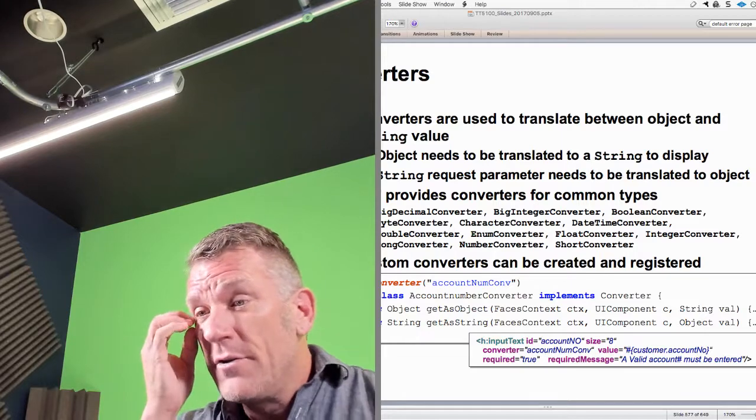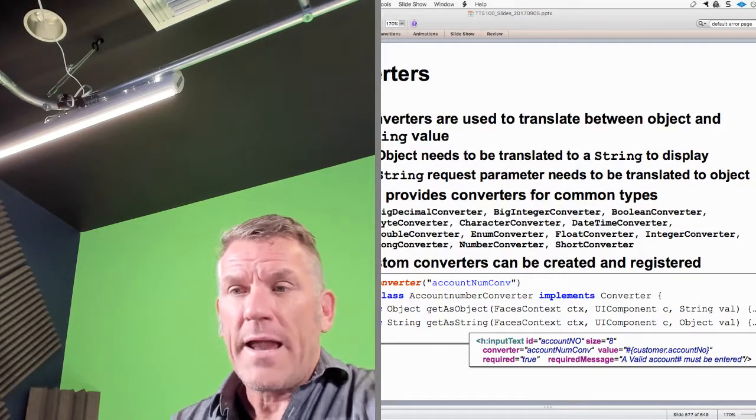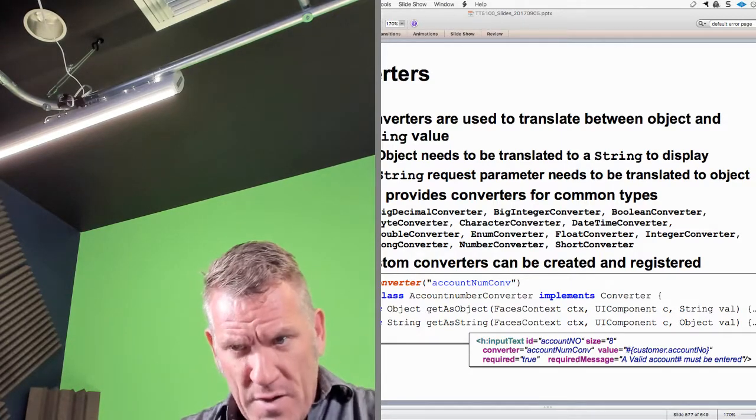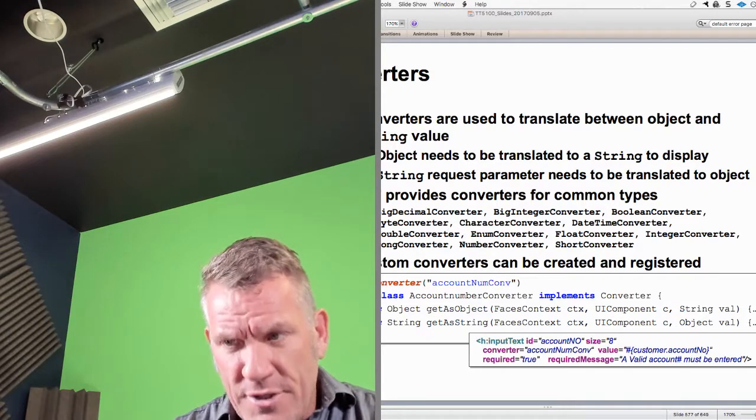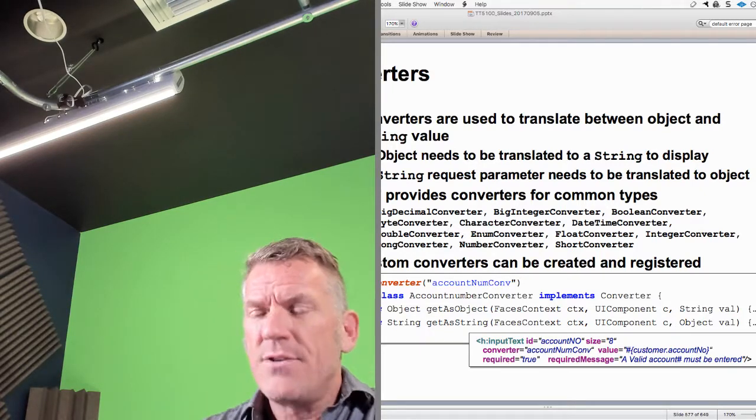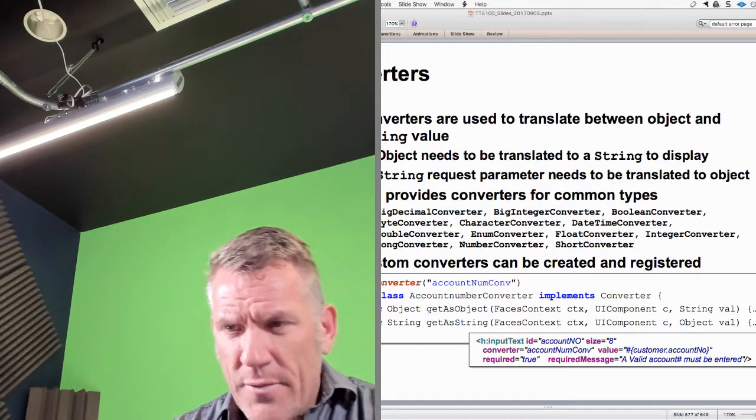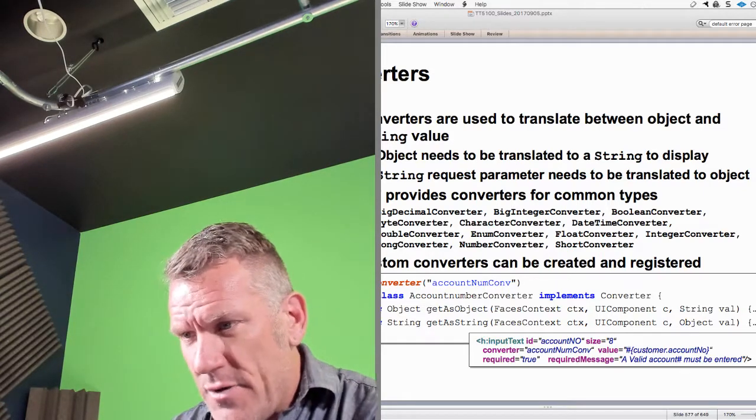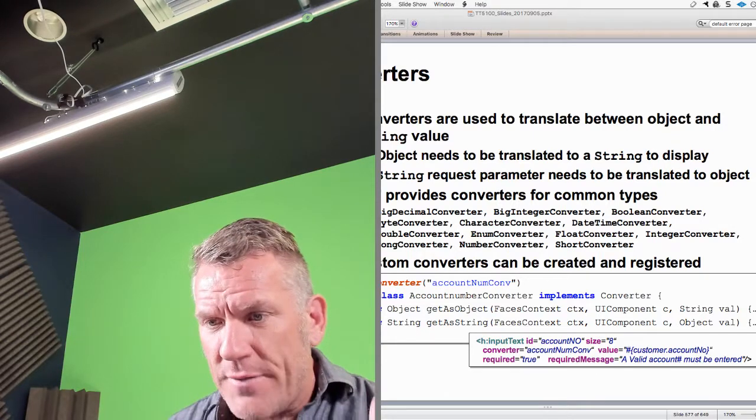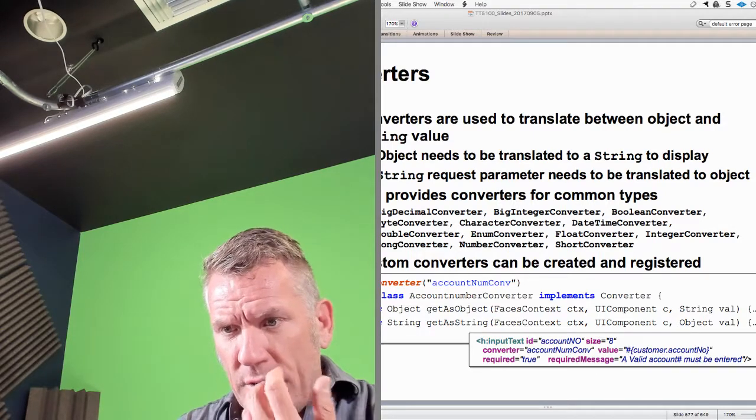And converters are used to translate between object and string values. An object needs to be translated into a string and sent back to the client. And a string request parameter coming in from our client is translated back to some type of object for us. So we're going to